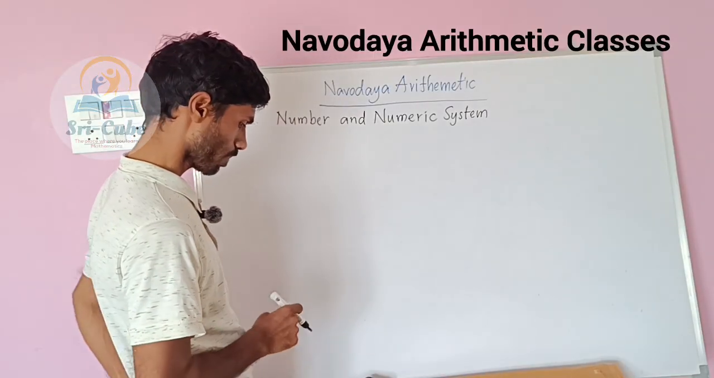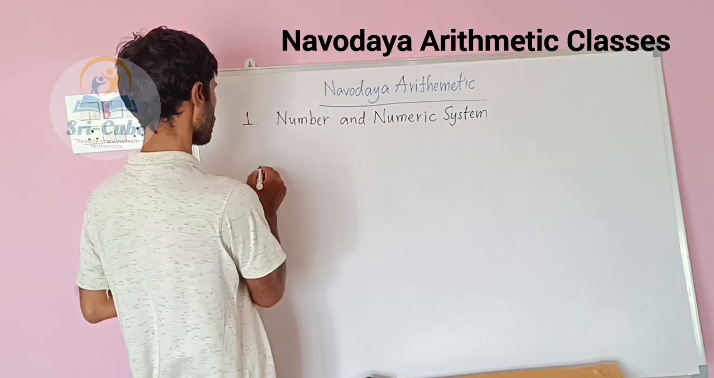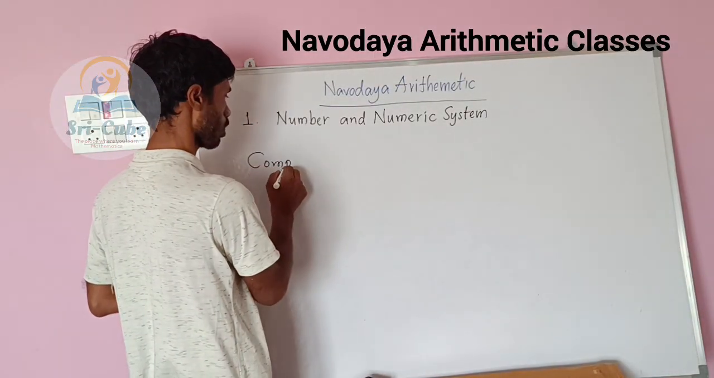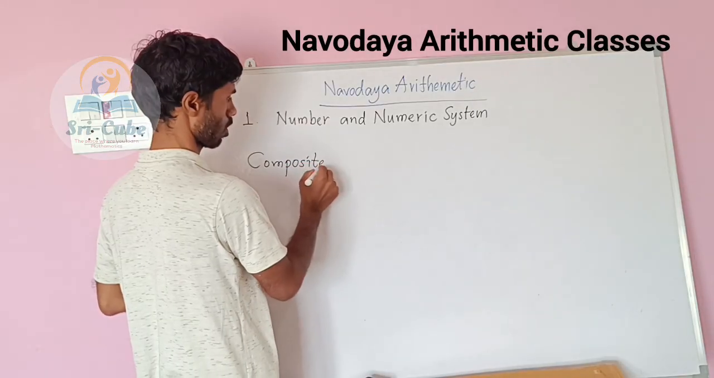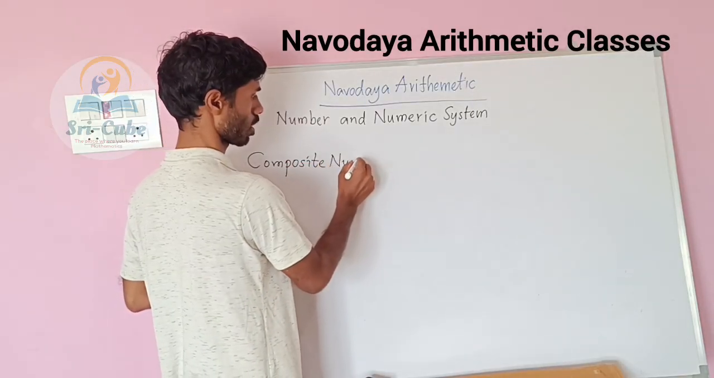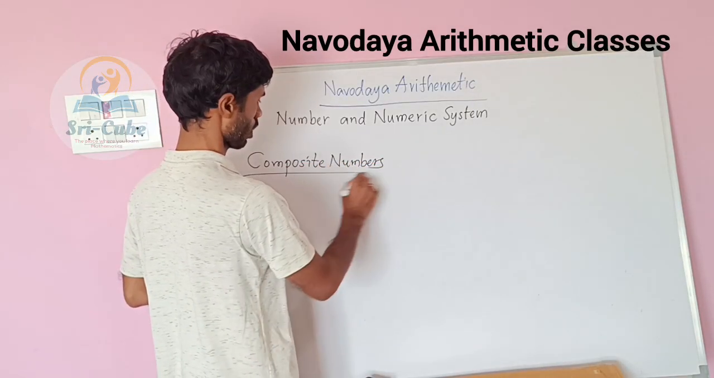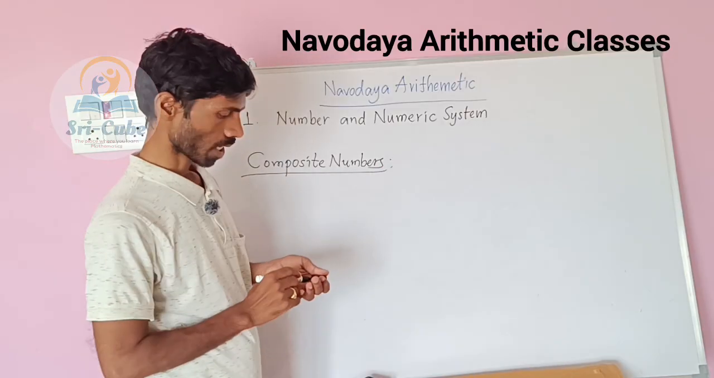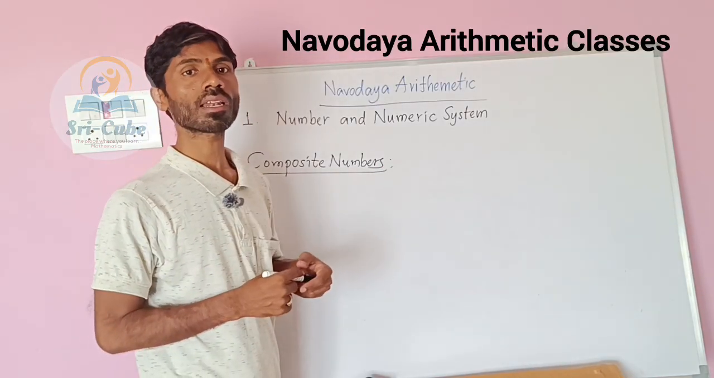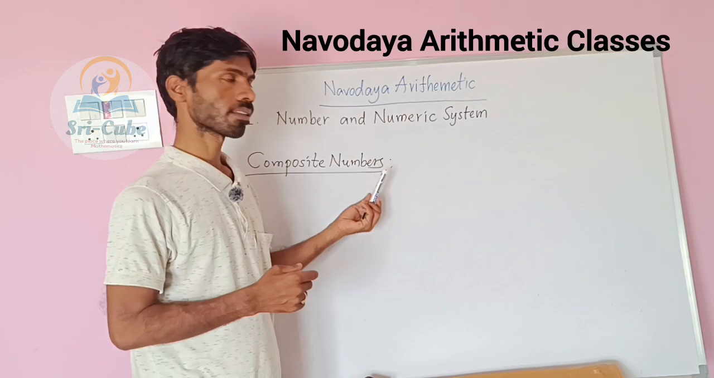Next another one, composite numbers. What are composite numbers? A number having more than 2 factors, then the number is called a